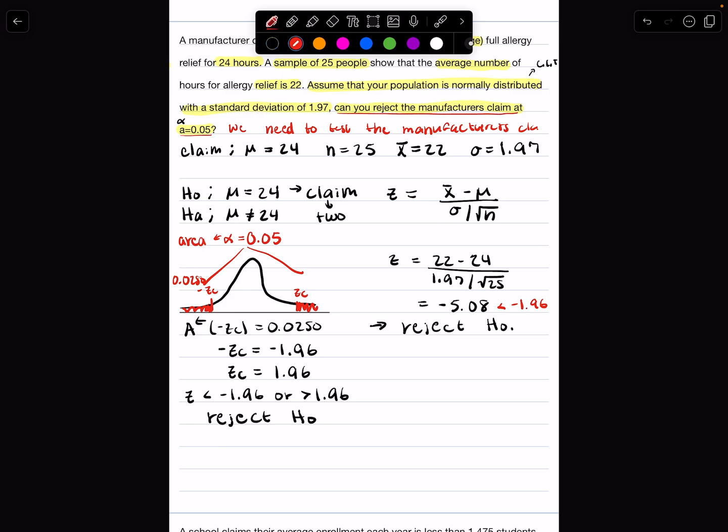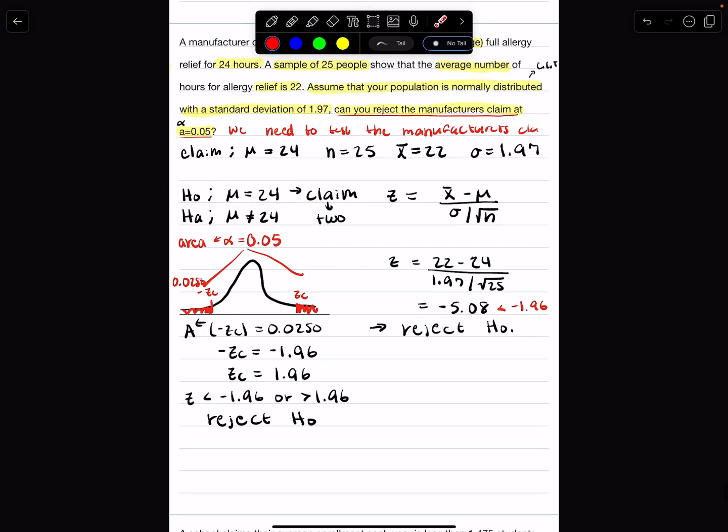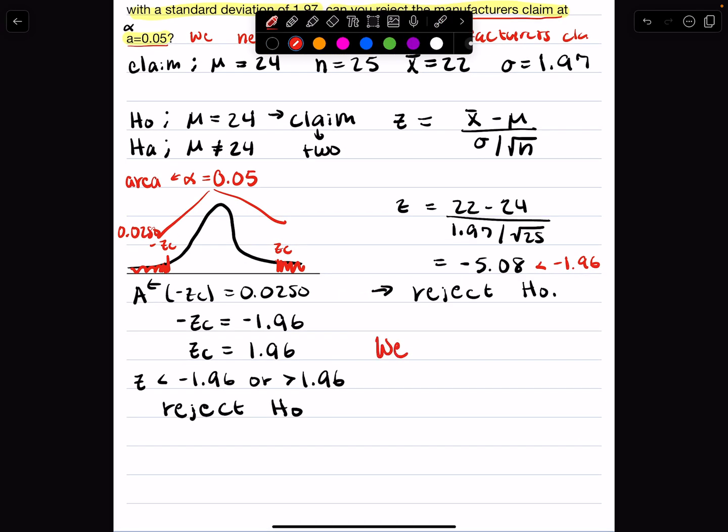But we just decided we reject H naught. But did we answer the question? What did the question want us to find? Usually the question is about the claim. So I don't really care about H naught per se. I might if that's the claim, but if it's not, then I don't care about it. So I come up here and I say, okay, what was my claim? My claim was H naught. And my question was, can we reject the manufacturer's claim at alpha equals 0.05? The answer is yes. And what we say is there is enough evidence